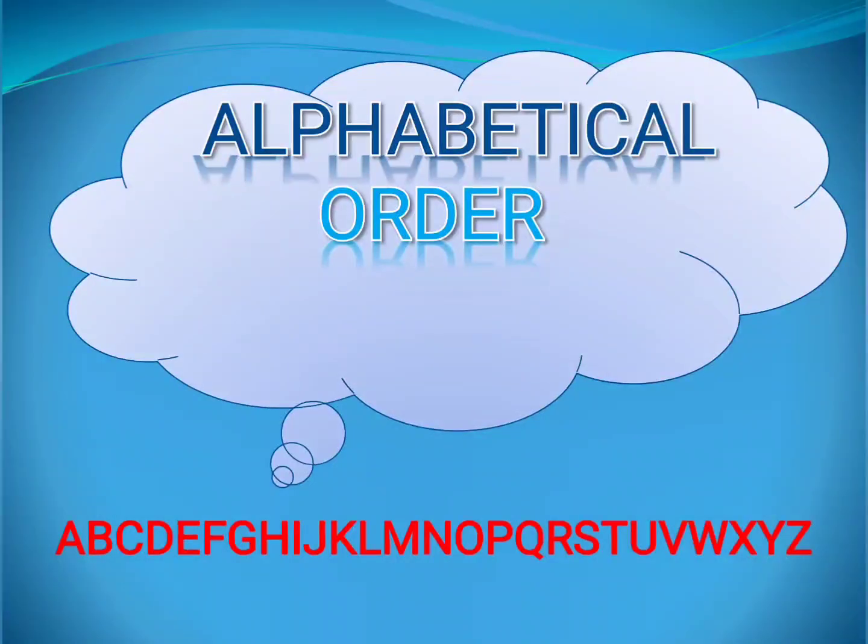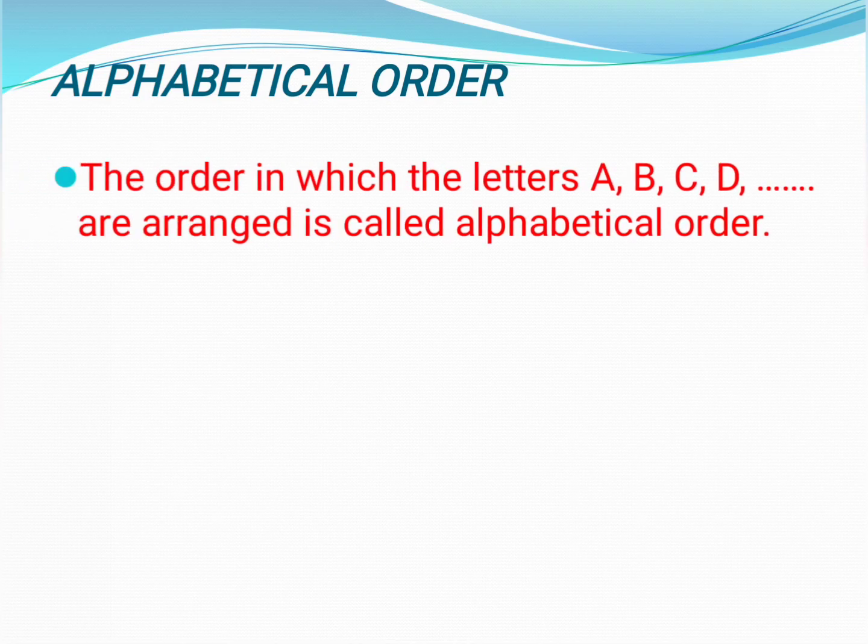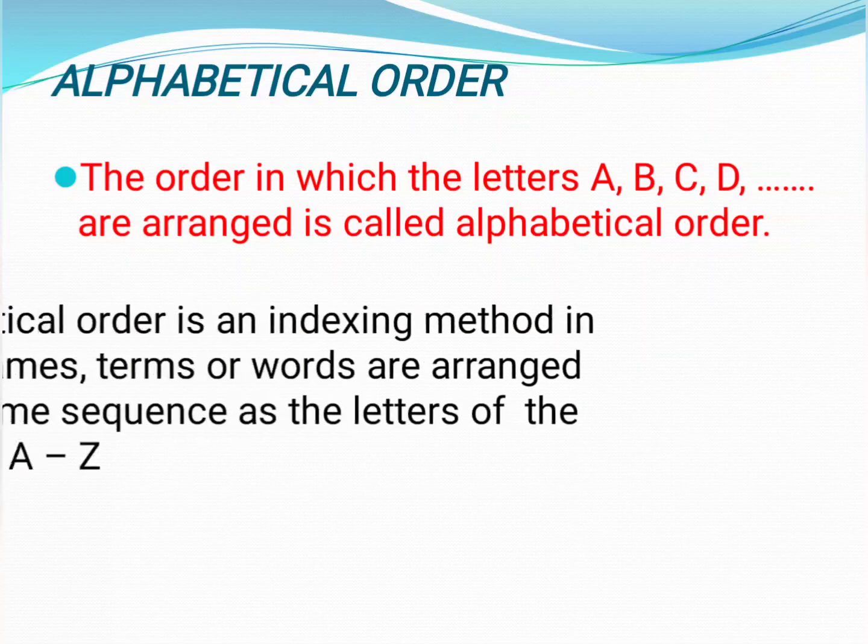Students, let's learn alphabetical order. There are 26 letters in the English alphabet. They are A, B, C, D, E, F, G, H, or we can say all the letters from A to Z. The order in which the letters A, B, C, D and so on are arranged is called alphabetical order,